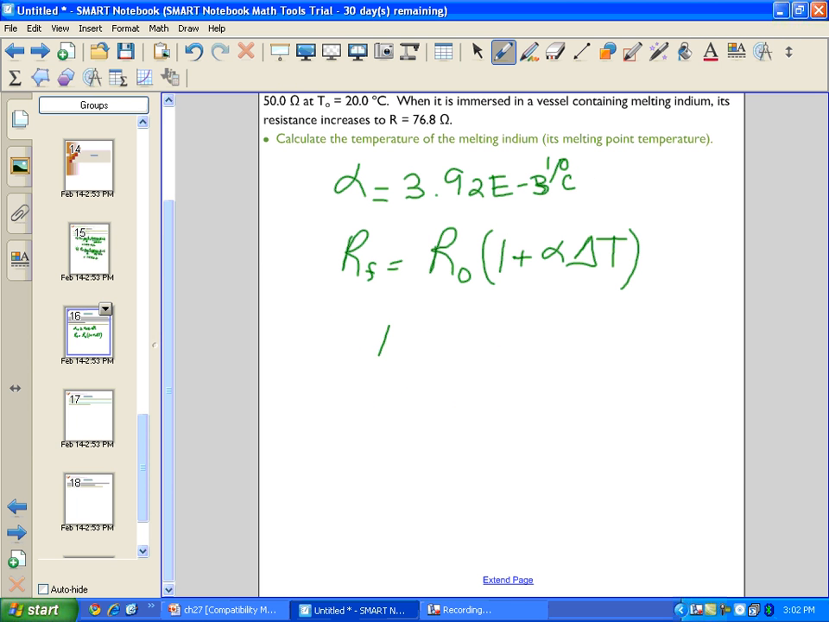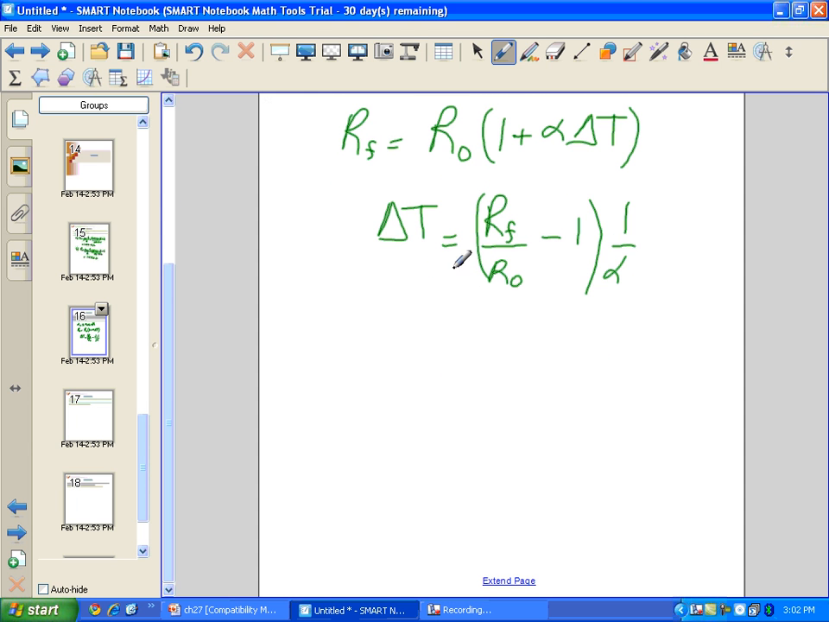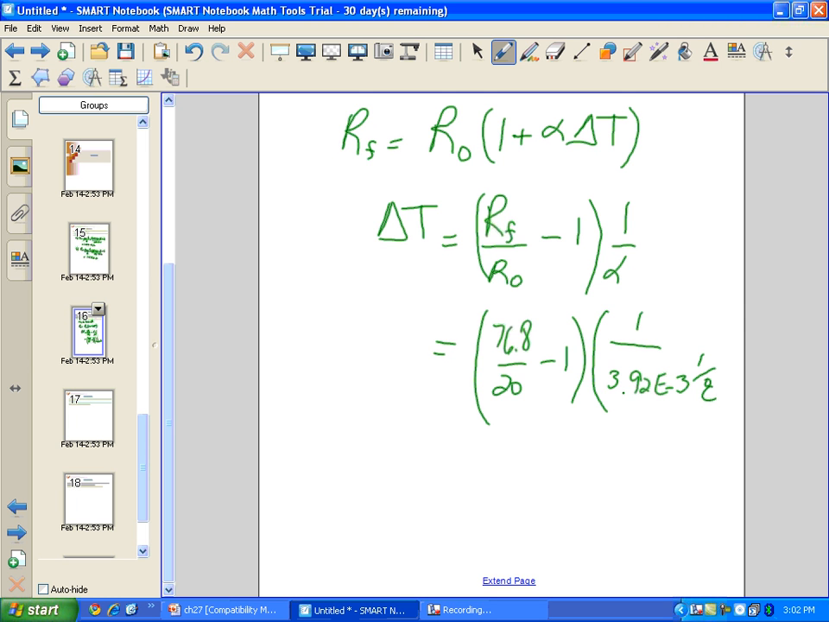And so we can solve for delta T, the change in temperature, by algebraically isolating our variable: R final divided by R initial, minus 1, times 1 over alpha. And we come over here, substitute our numbers, 76.8 divided by 50, minus 1, times 1 over 3.92 e to the minus 3, 1 per degree Celsius. And we get a value of delta T, which is